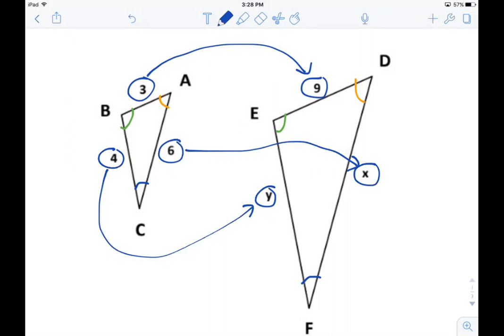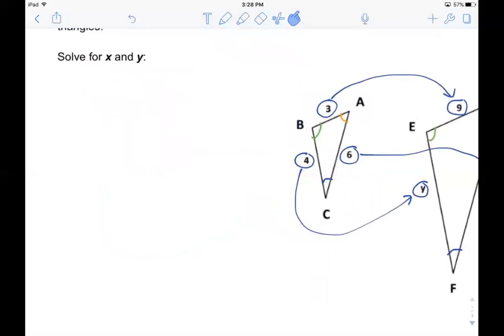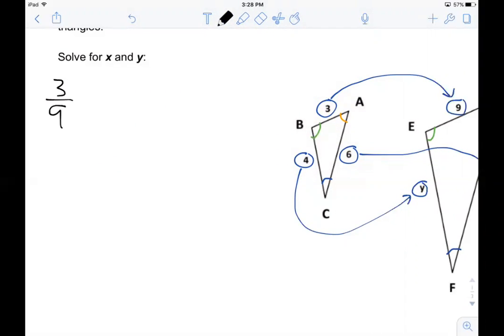And what we can do now is do some division. So what our statement is generally saying is that if we take two sides that match up and we divide them by each other. So for example, I'm going to take 3 from the smaller triangle and divide it by 9 in the larger triangle. Well, what we know is that whatever number we get when we divide those out, and if you did that on your calculator, you'd see that that's like 0.33333 and so on. But it's not so much important what that number is, but what's important to note is